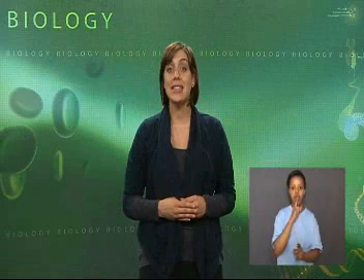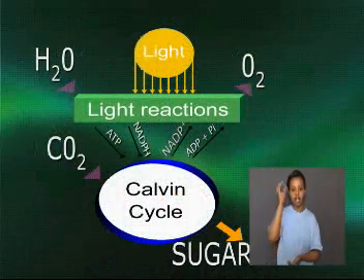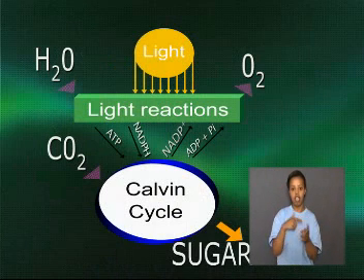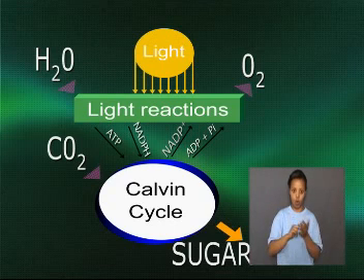By refining the experiment, Calvin identified the first stable compound to contain 3 carbon atoms. It is called glycerate phosphate, or GP. Calvin mapped the route that carbon travels through a plant during photosynthesis, starting from absorption to its conversion into carbohydrates